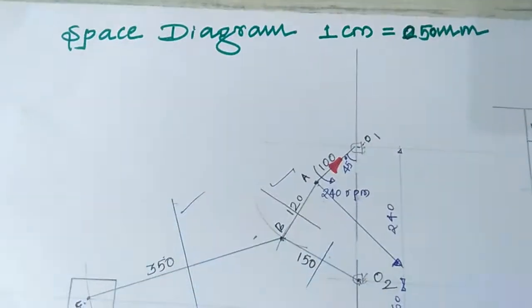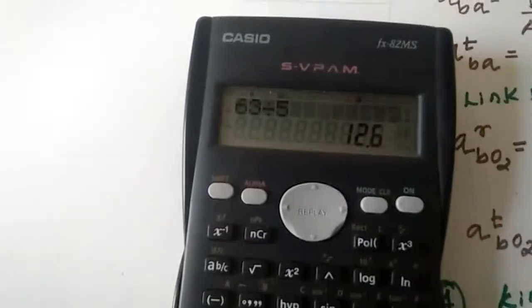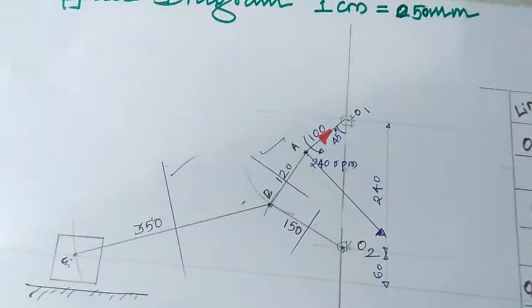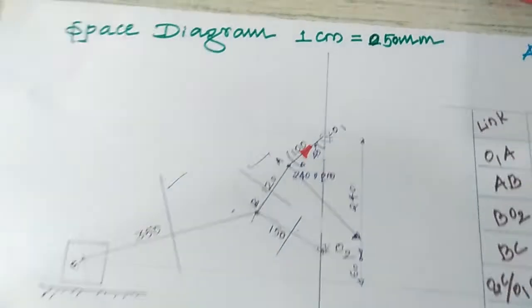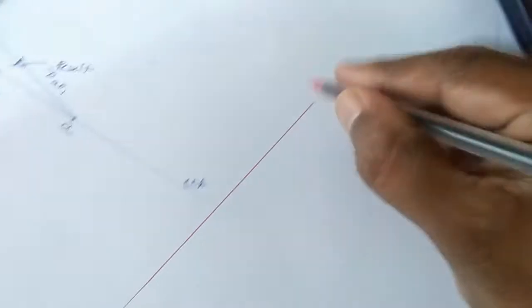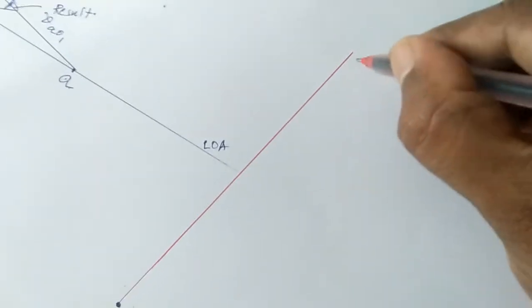How much direction? I have taken a as 63, so that comes as 63 divided by 5, which is nearer to 12.6 centimeter. I draw this one. You have to make it aligned here, exactly the same, and take it as 12.6 centimeter. This is the total acceleration. Remember, for the acceleration diagram, one should be the total acceleration to start the beginning. This point is nothing but A.